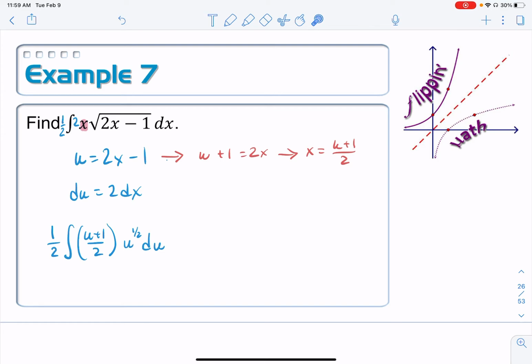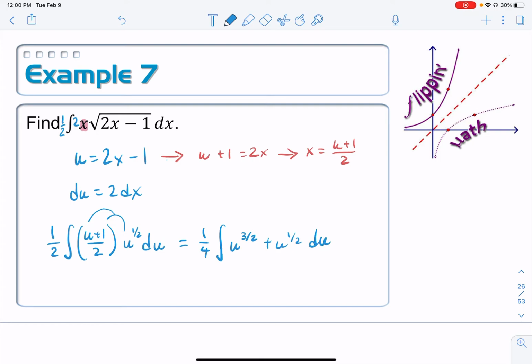The reason why it's easy to fix is because the square root is on the u, and you could distribute that through the parentheses. You can't do that with this thing in here. You can't take this x and distribute it through the square root, but you can do the reverse. Before I do that, I'm going to take this 2 outside to meet this 2, make that a 1/4 integral of, and now let's distribute this, make that u to the 3/2, I think, plus u to the 1/2